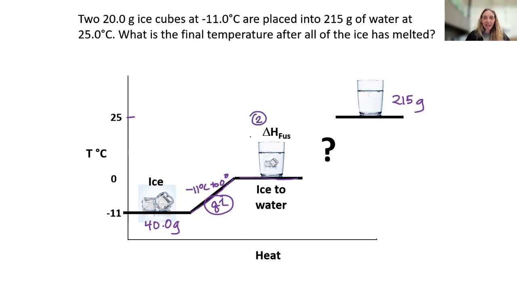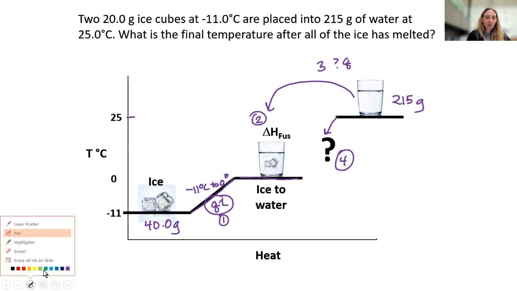The next thing is we have to figure out how much heat in steps 1 and steps 2 is required that our water has to give, right? So step 3 is the amount of heat that needs to be given. So that's going to lower this temperature by a little bit. Okay, now that we've lowered this temperature a little bit, our 4th step is to figure out what that distance is, or that difference